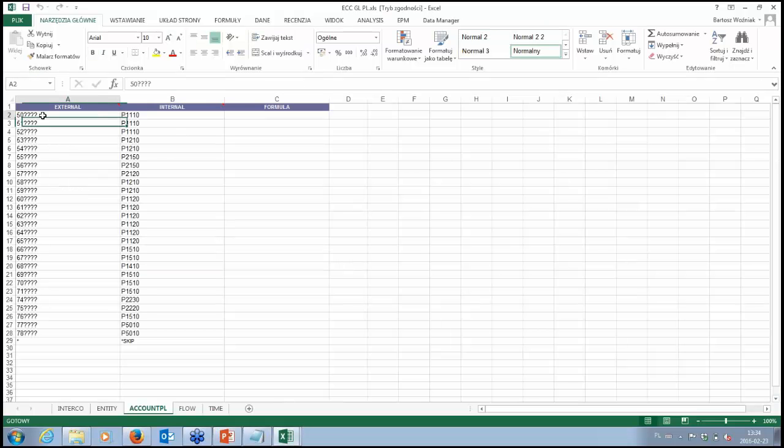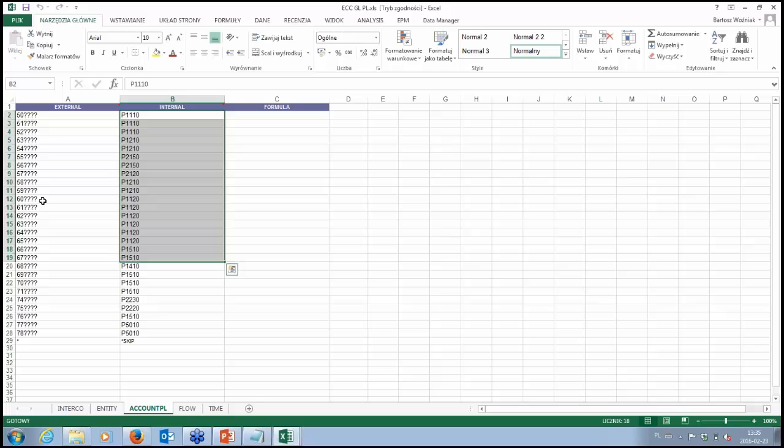For example, you have some other number ranges in your GL account in the transactional system. So you put some numbers and you can assign the appropriate position in the financial statement in the BPC system.